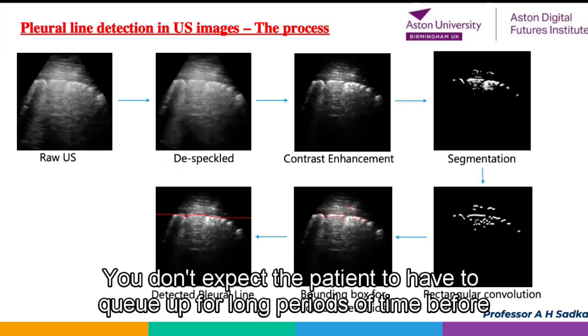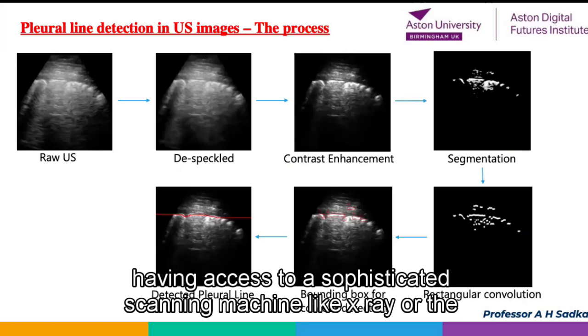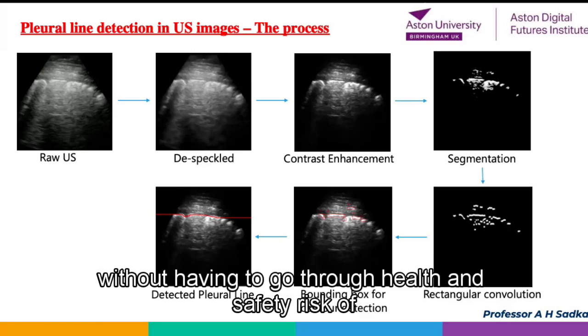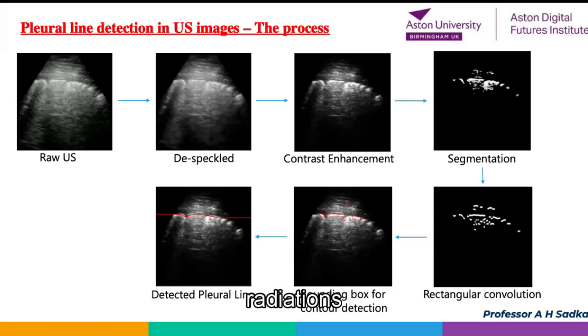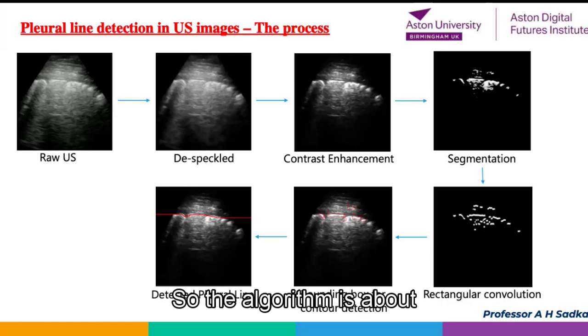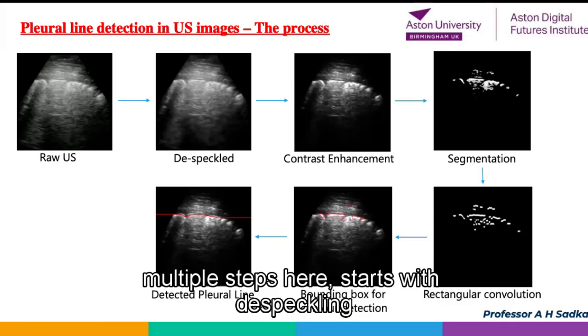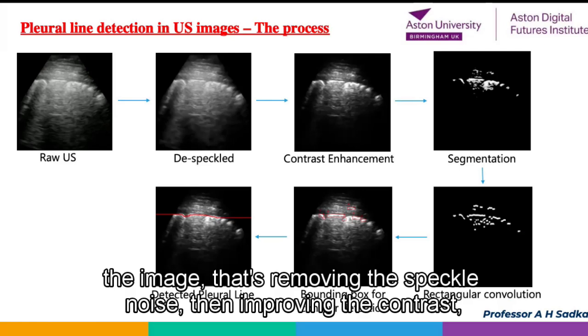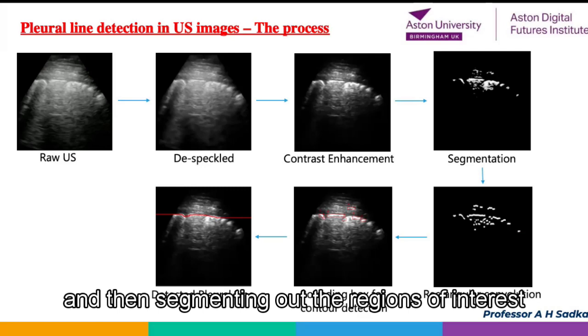You don't expect the patient to have to queue up for long periods of time before having access to a sophisticated scanning machine like X-ray or the like, but it could be done really at preclinical stage without having to go through the health and safety risk of radiations, because ultrasound is very much reliant on electromagnetic waves. So the algorithm is about multiple steps here. It starts with despeckling the image, that's removing the speckle noise, then improving the contrast, and then segmenting out the